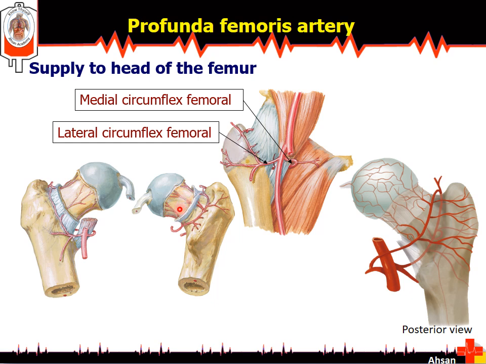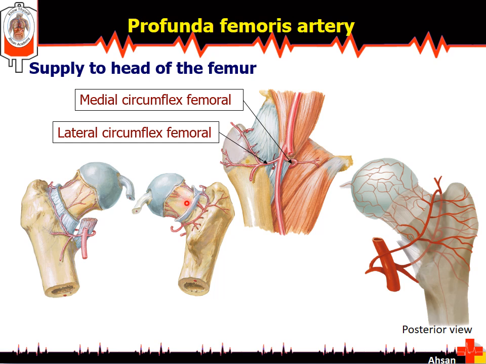So this is known as retinaculum. Any deep tissue sheet of connective tissue is known as retinaculum, and this retinaculum covers this intracapsular part of the neck. From this anastomotic network formed by the circumflex arteries and their branches, a number of arteries arise straight, and these are the retinacular arteries, which pass very close to the neck bone under cover of the retinaculum, and they